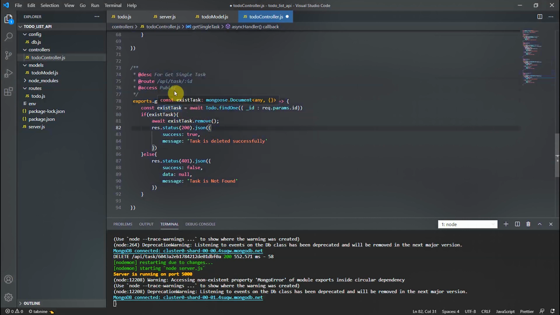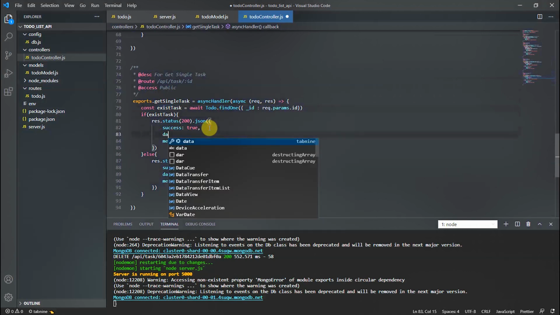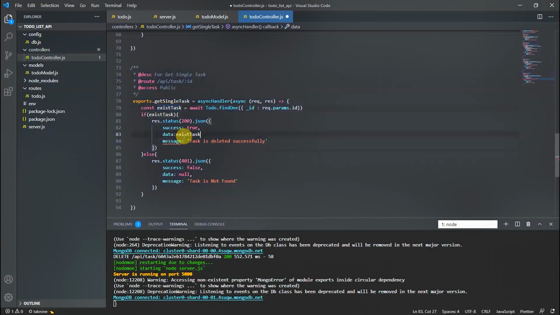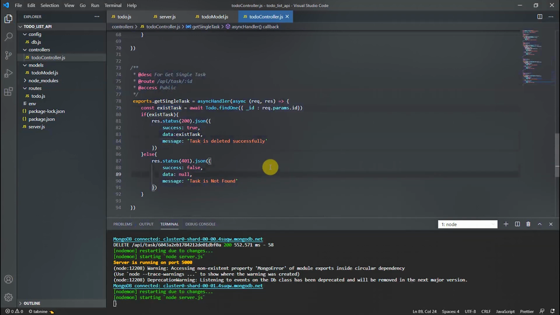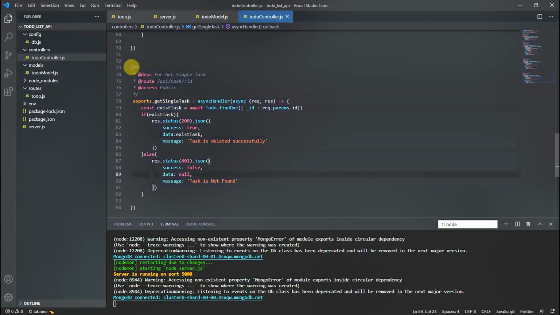Find one. Okay. So nothing else we need to do. If the task is found, then we don't need to remove. We need to send that task as data, the existTask. If not, then task is not found. Yeah, totally fine.